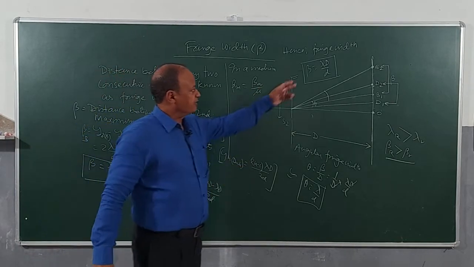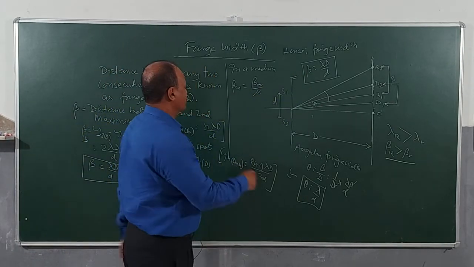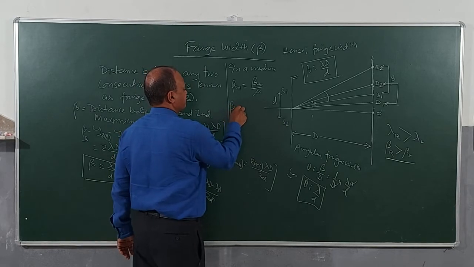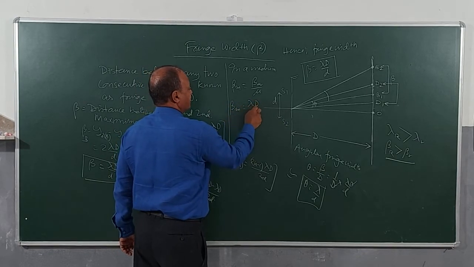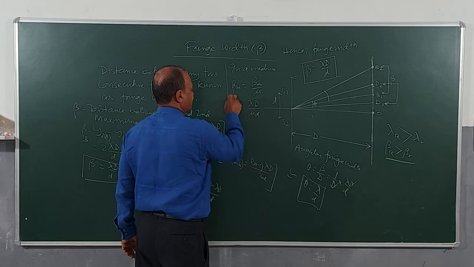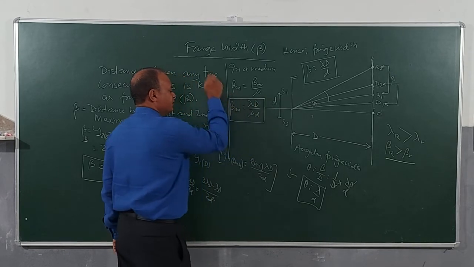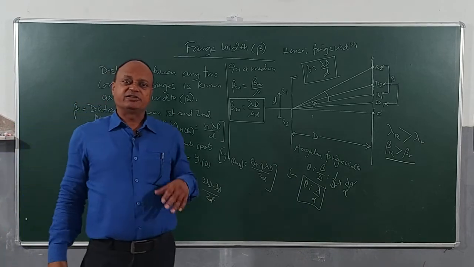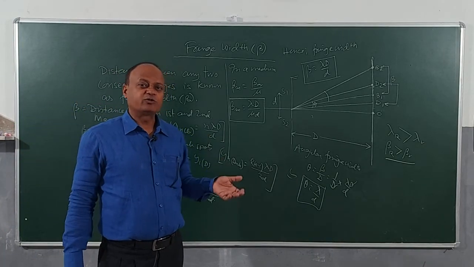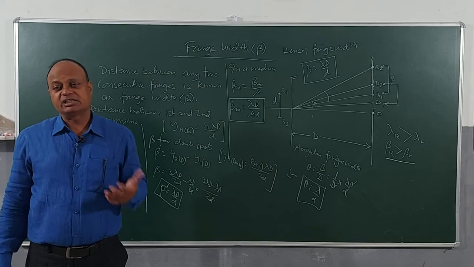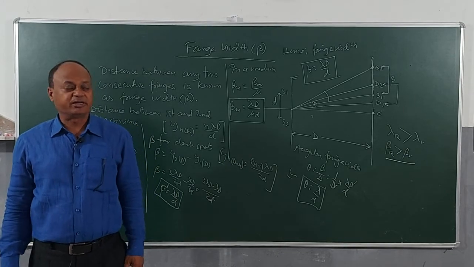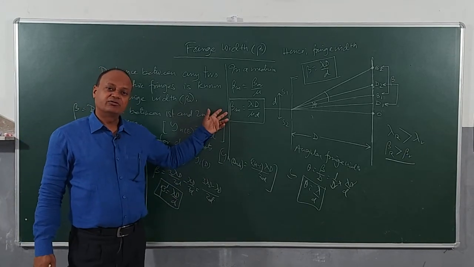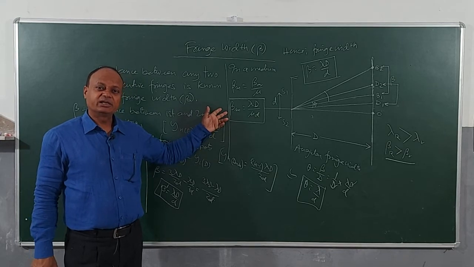So, that means this value has to be divided by the refractive index. So, beta in a medium will be lambda D by mu into small d. This formula you also have to remember in the modified form: if you know the fringe width in air and want to calculate it in a given medium, then you just have to divide by the refractive index of the given medium, and you will get the value in that medium. Okay.